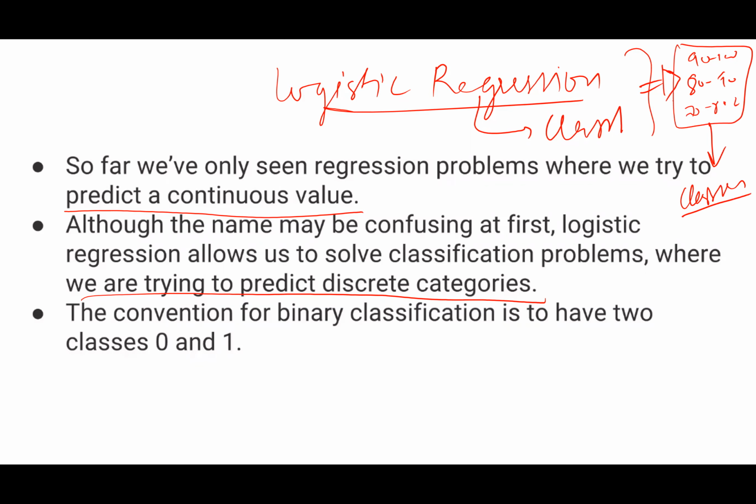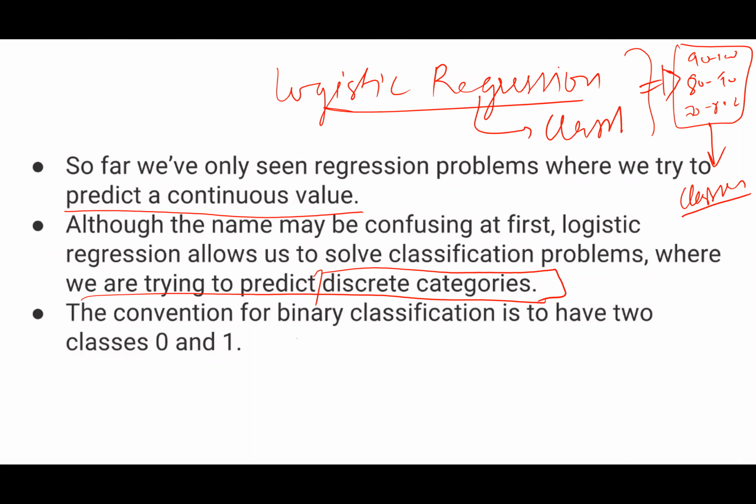So I'm basically converting a real number value into categorical outputs, into different classes or buckets where I can put students. All those students who scored A grade sit together, all those who scored B grade sit together. So we can do classification based on a real number value. Similarly here, we are using logistic regression to predict a discrete category, and the grade you get in your subject, A, B, C, D, is a discrete category.